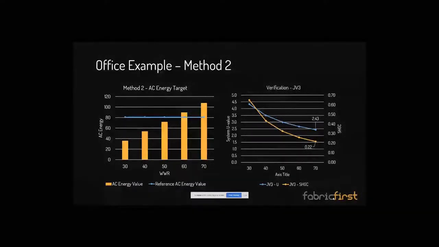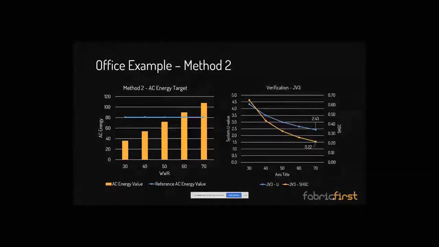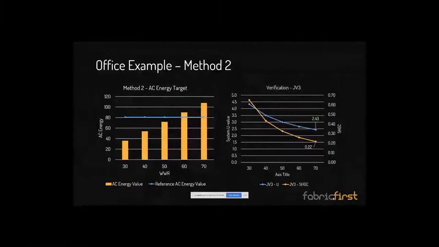Now, I thought I'd throw up the JV3 verification curve here as well. That curve on the right is just there to say, okay, let's say you drop your DTS pathway and you start going, I'm going to get smart, I'm going to do this reference building, and you want to try and surpass at, say, 70%. Have a look at the numbers. The orange curve shows the lowest U value at 0.22. The blue curve shows the